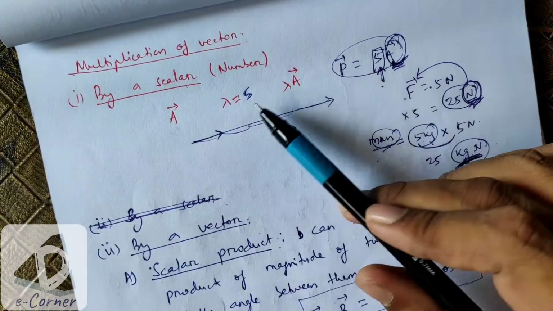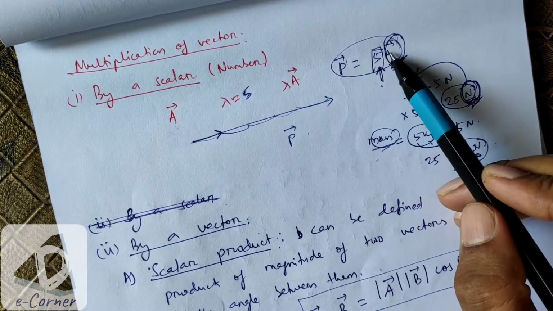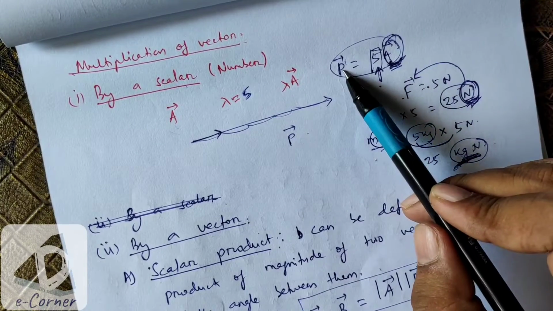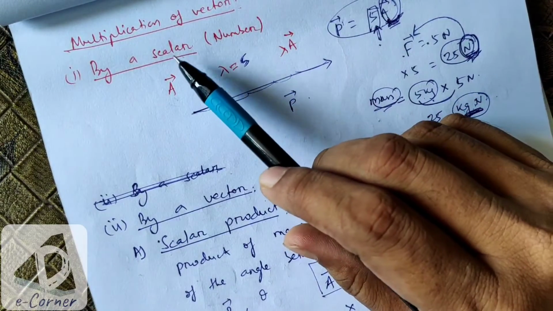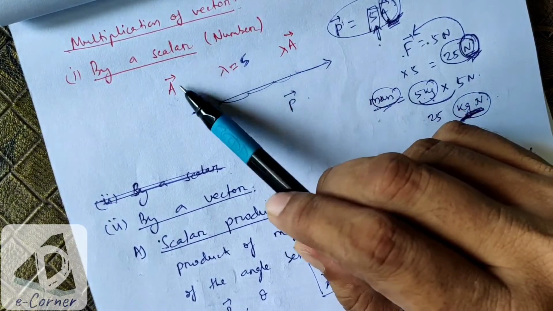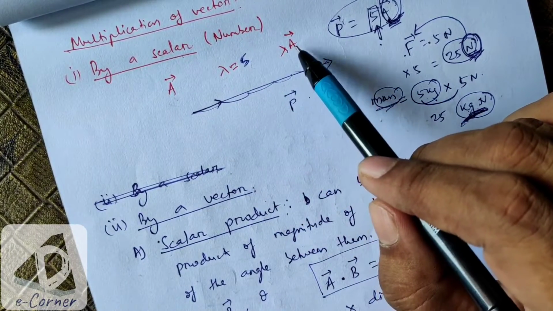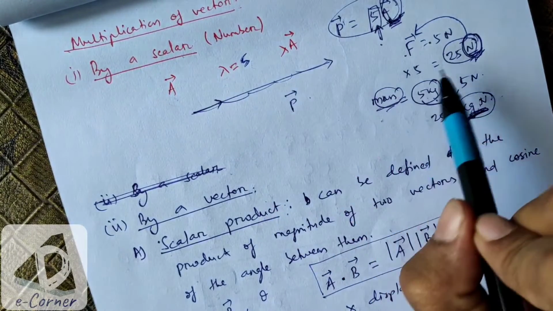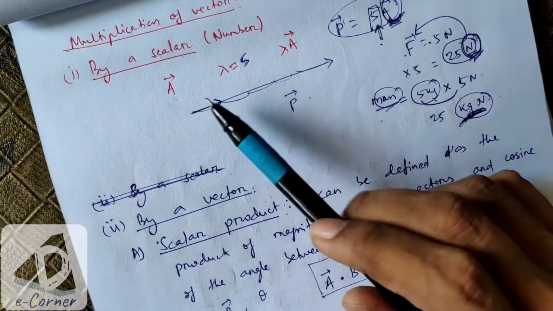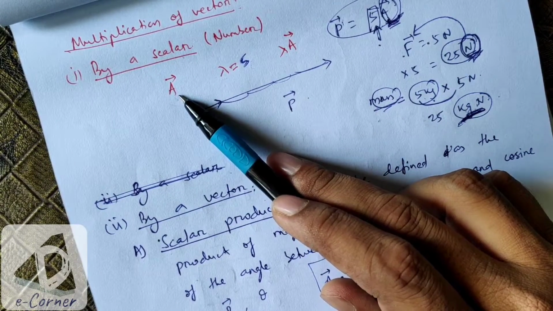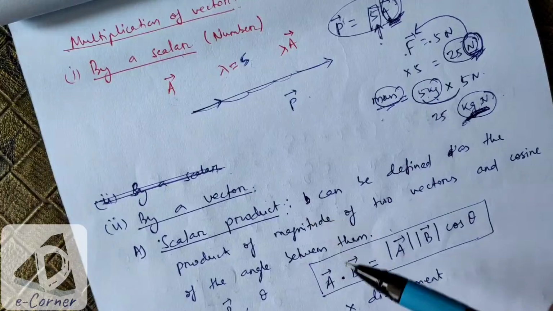Suppose vector P is there and lambda is equal to 5, then the new vector P dash is equal to what? 5 P vector. Got it? So this is 5 times the P vector. But when we multiply a scalar quantity with the vector, the magnitude of the result will be lambda times that of the vector, but the unit is changed. Okay, because the scalar quantity has one unit and the vector is also one physical quantity with one unit, so two units will be multiplied and the result will be different.